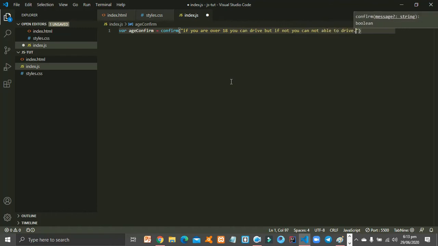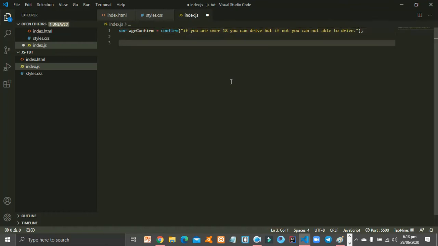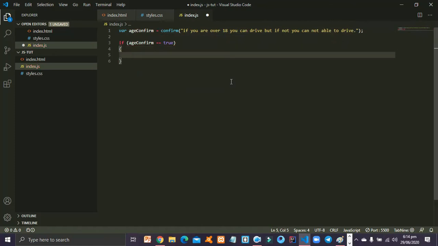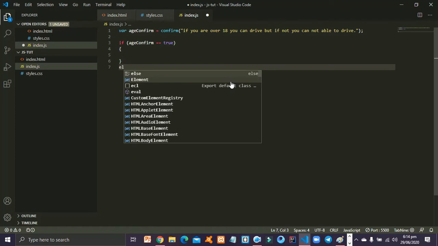I've written the simple text, and let us write some conditional statement. If ageConfirm equals true, if it returns true, do nothing, and if it returns false,